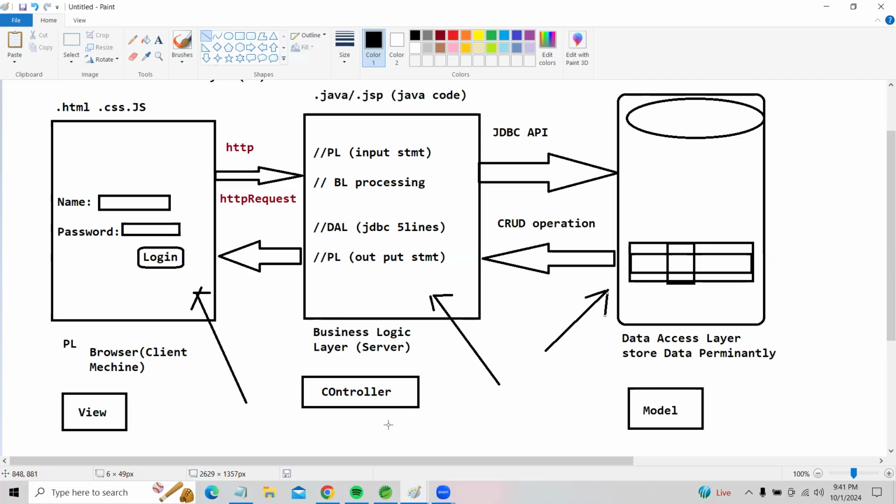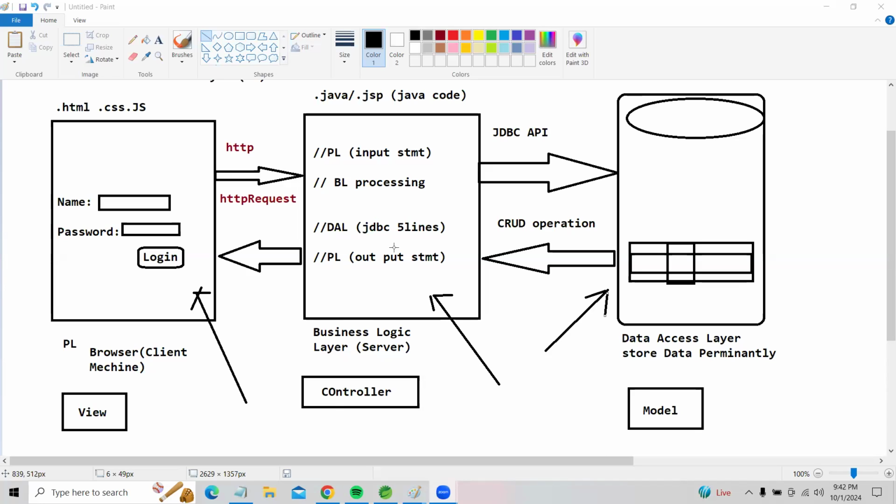Common code means what? Suppose when I perform an insert operation, I write the same logic. For the update operation, we write the same lines of code, sir. If you repeat the same code again and again, the code will increase, the developer gets burdened, time will increase, and cost will increase. These are the problems with common code, sir. Every time for designing, while taking input, output, and database connectivity, we write the same common code.